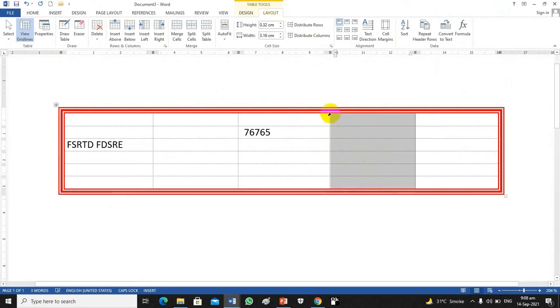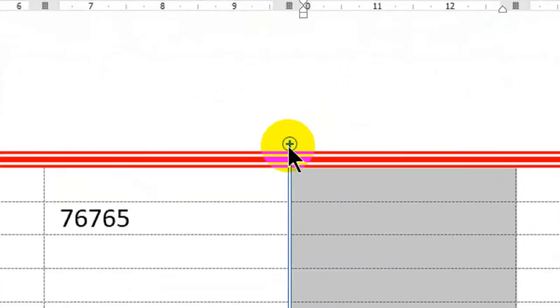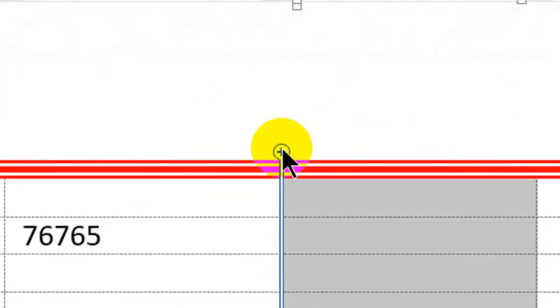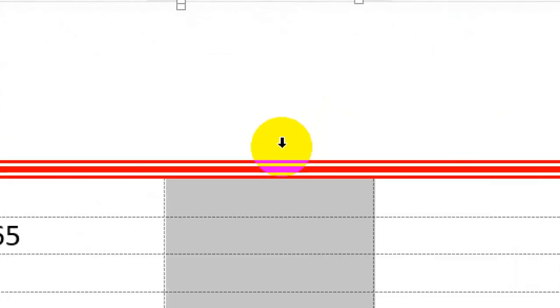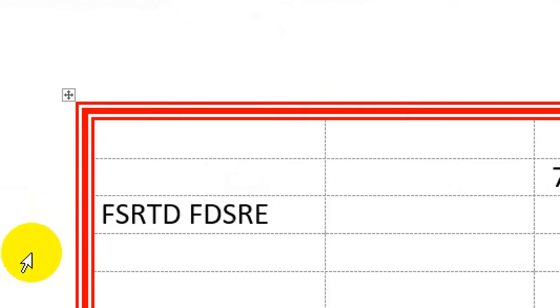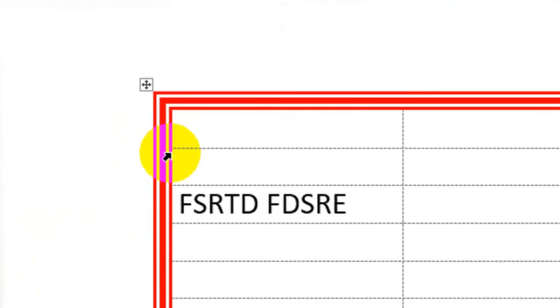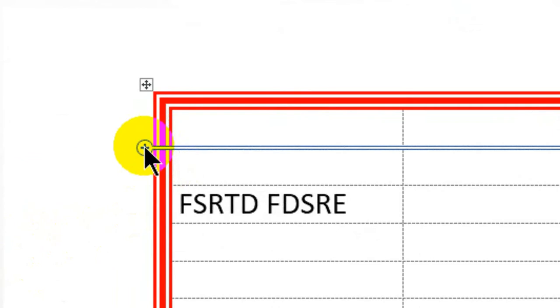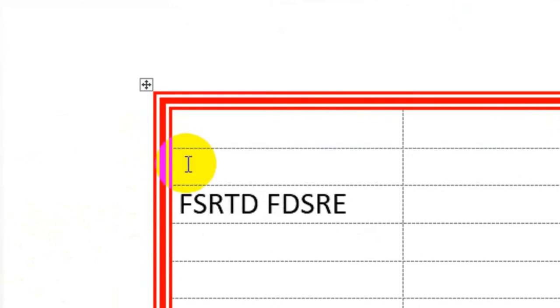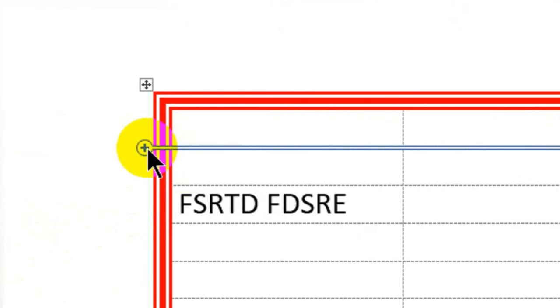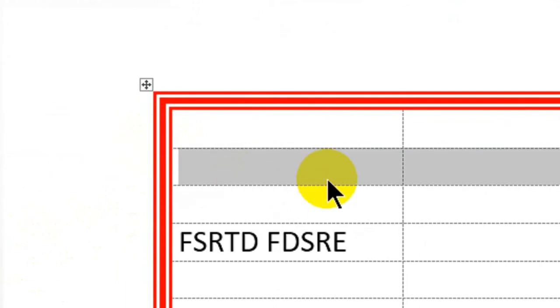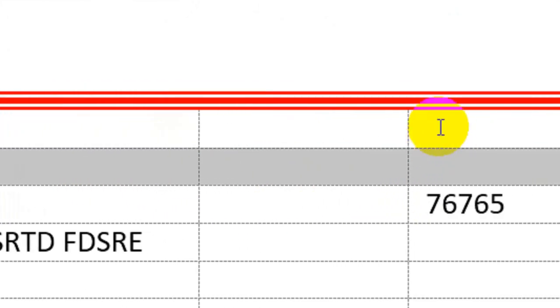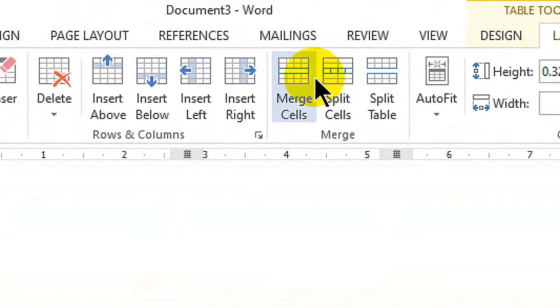But there is another way. You have a look here. Is it visible? This plus sign is visible to you? This is used to insert another column like this. In the same way, we have this plus sign here with the row. When you click here, this will show you the plus sign. In this way, you can insert a row. Is it clear, boys?